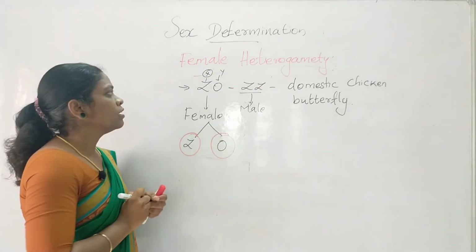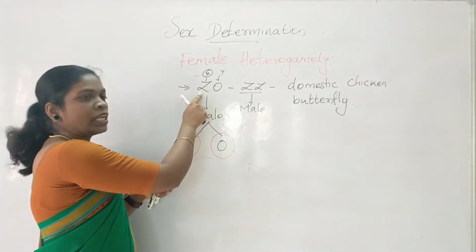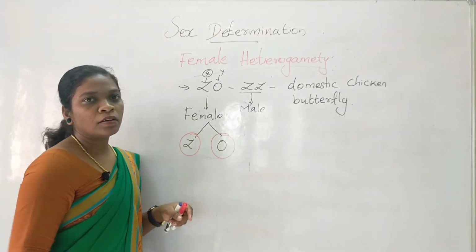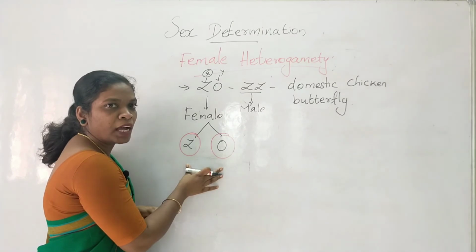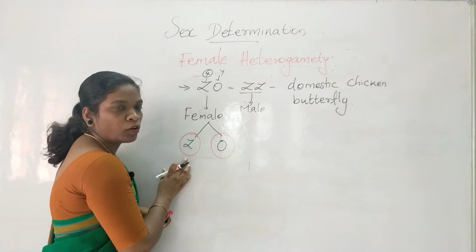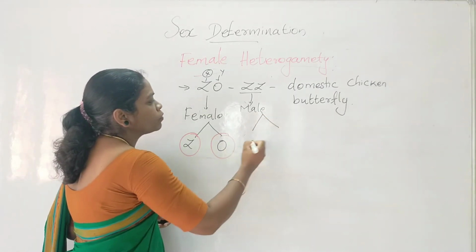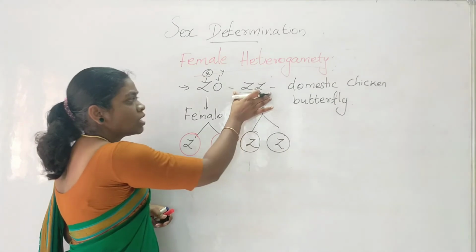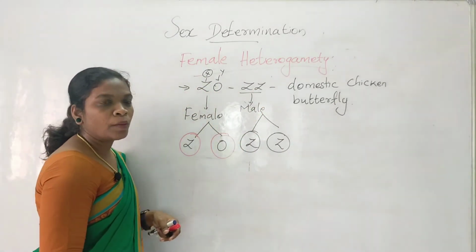Okay, are you able to understand? So, to avoid confusion only, instead of X, we are using the alphabet Z here. Instead of Y, we are using the alphabet O here. So the female will produce two types of gametes. One is with a Z chromosome, another one is without a Z chromosome. Here the male will produce two gametes which are actually the same. Here, I have told you the male is known as the homogametic sex. Here the female will exhibit heterogamety.